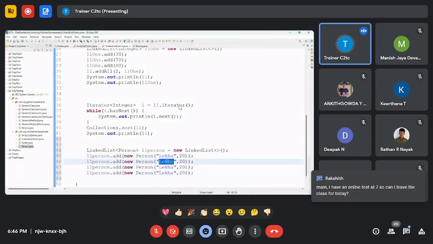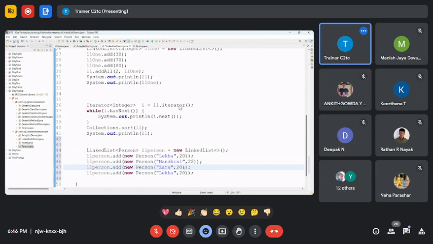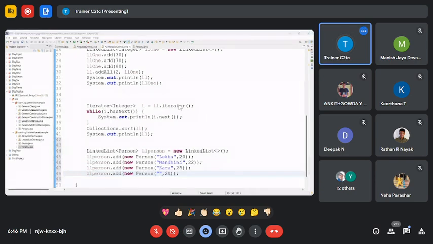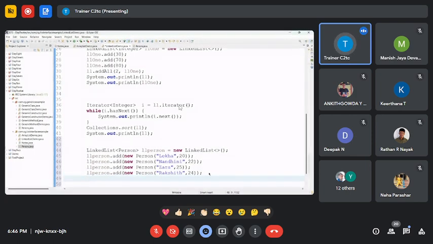So I'll add some names, let me choose one name, Rakshit. And I'll say the age is going to be 24. Now, in case I want to sort this, Collections.sort